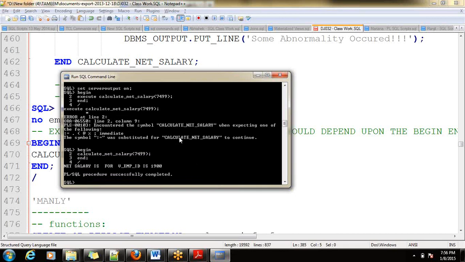Net salary for V employee ID is 1900. Actually, employee ID has to be displayed over there. That may be in single quote, so it is displaying V employee ID instead of 7499. So let us change that.